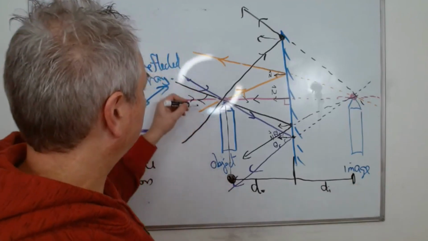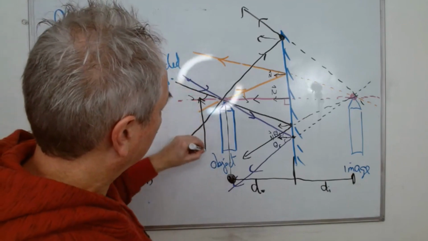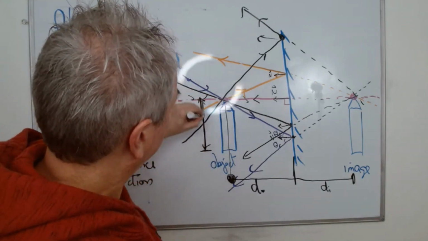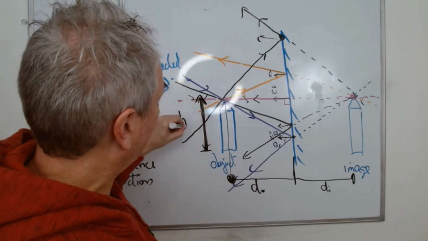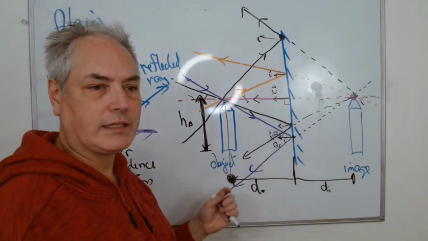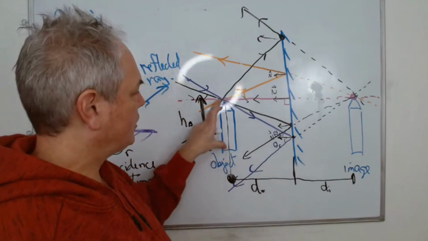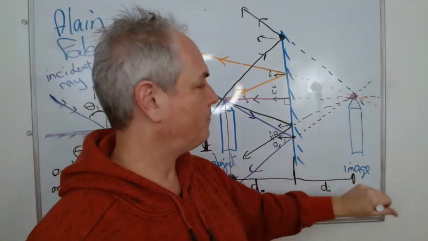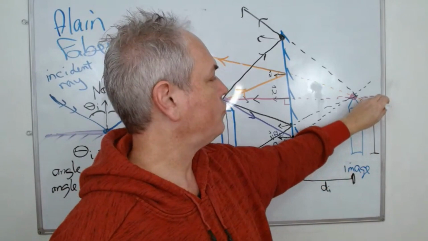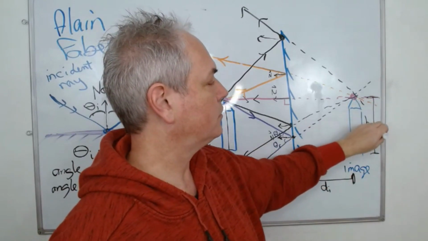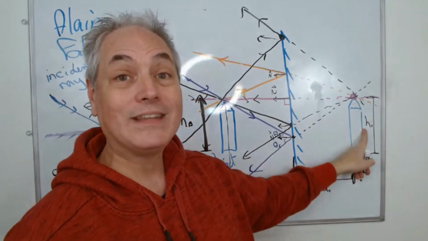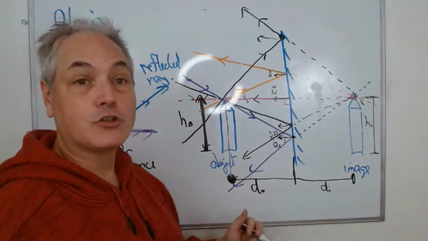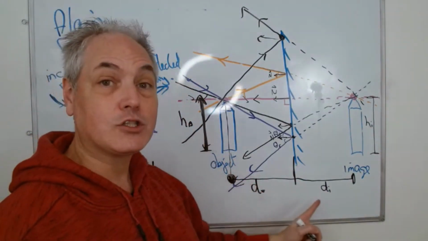Other things to keep in mind is that you have here the height of the object. The height of the object here is from the bottom to the top. Interestingly enough, if you go at the back here, you also have what we call the height of the image. So here you could see that we can actually start measuring